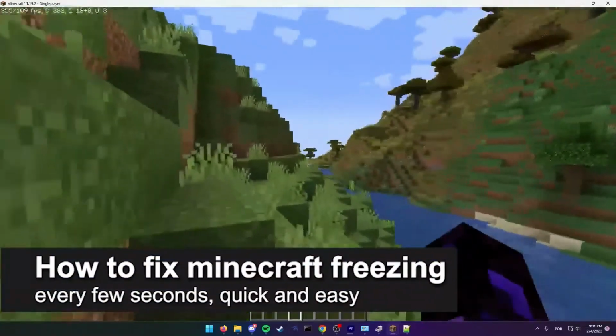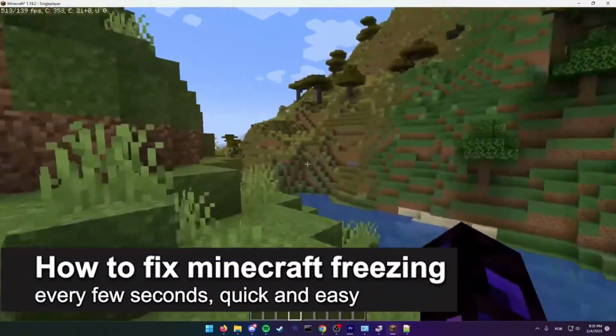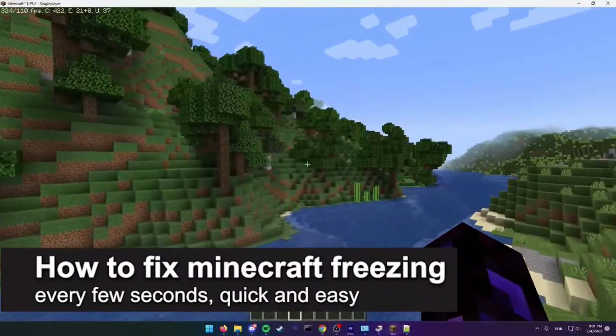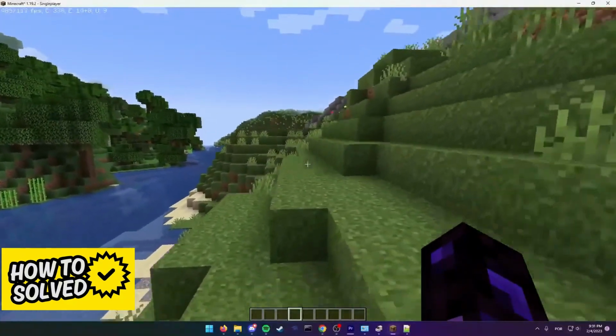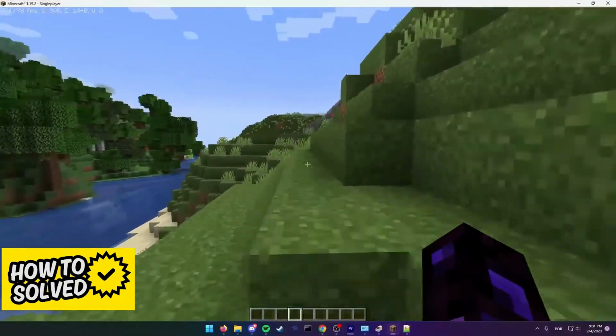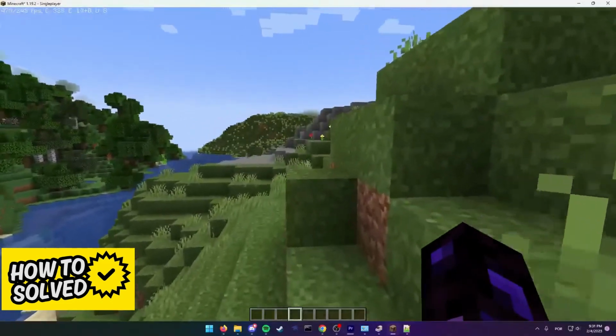In this video, I'm going to teach you how to fix Minecraft freezing every few seconds. It's a very quick and easy process, so make sure to follow along. If you are having performance troubles in Minecraft, I'm going to present to you 3 methods that might help alleviate